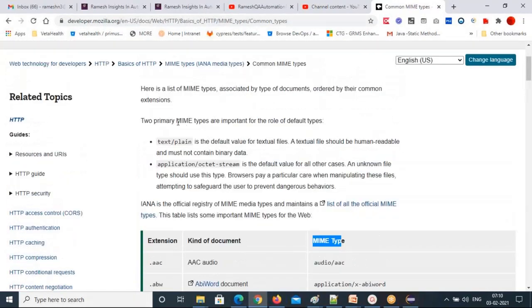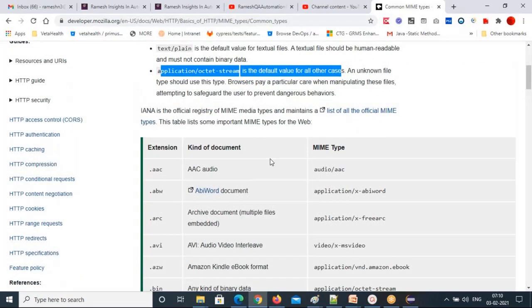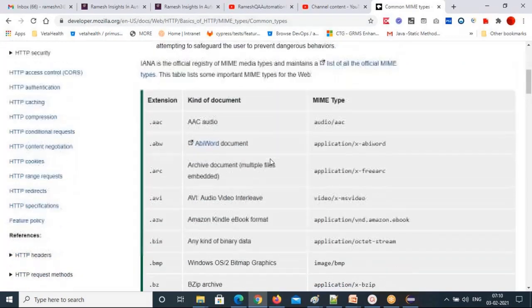MIME type. So two primary MIME types are important as the role of default types. text/plain is the default value for text files, and application/octet-stream is the default value for all other cases. So if you give octet-stream, all kinds of things will be downloaded.